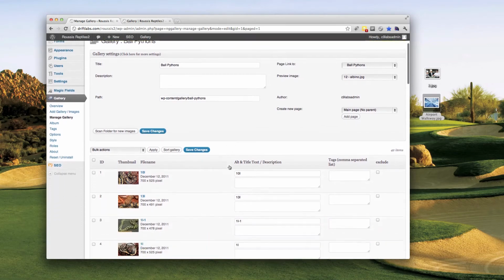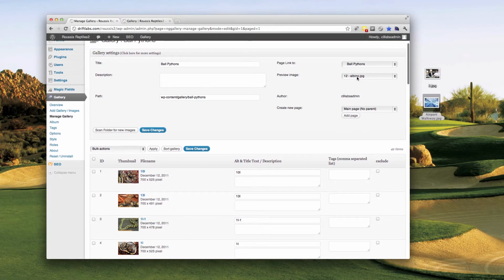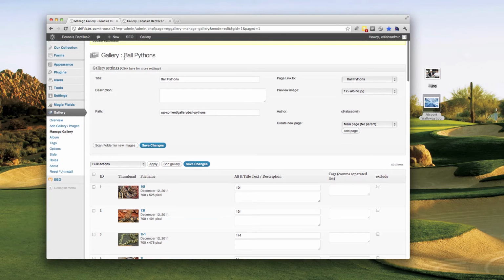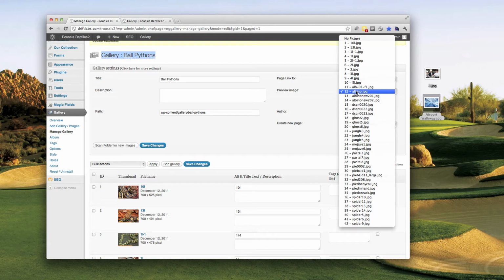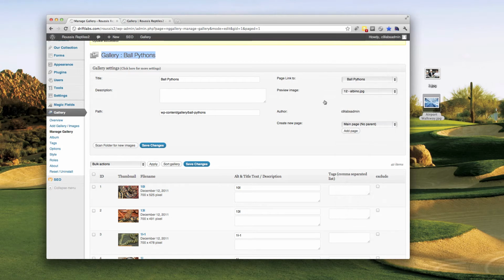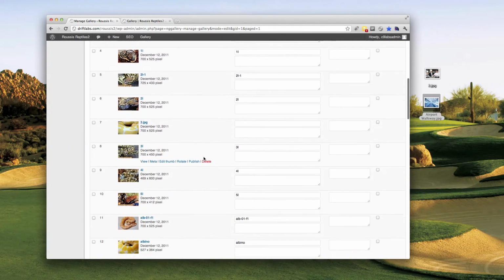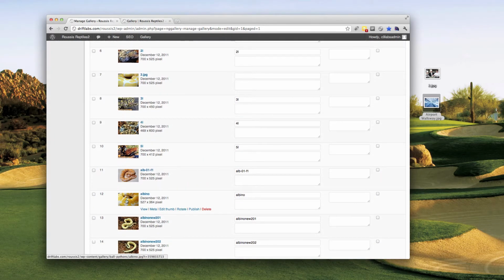The other thing we can do in here is the preview image. Right now we can select different preview images. So the preview images can be for this individual gallery. So right now we can see that we're in the ball pythons gallery. You can see right up here. And the preview image is currently set for image number 12, albino.jpg. So we can scroll down to image number 12 and see that this is the image that we have set